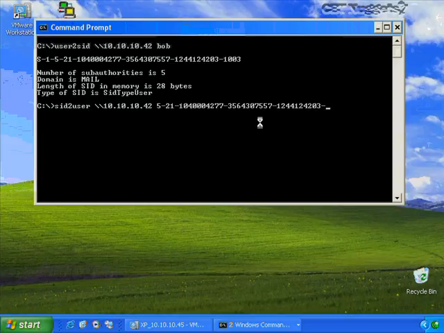The last number there, remember our users start at number 1,000. Well then, what's the administrator account? And this is a critical CEH exam objective to memorize. The SID for the administrator account always ends in 500. So remember that. So I'm going to type in 500 here,